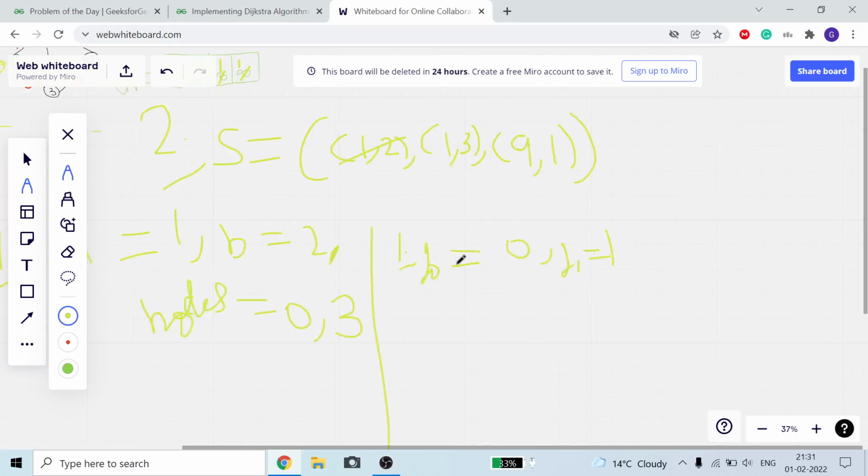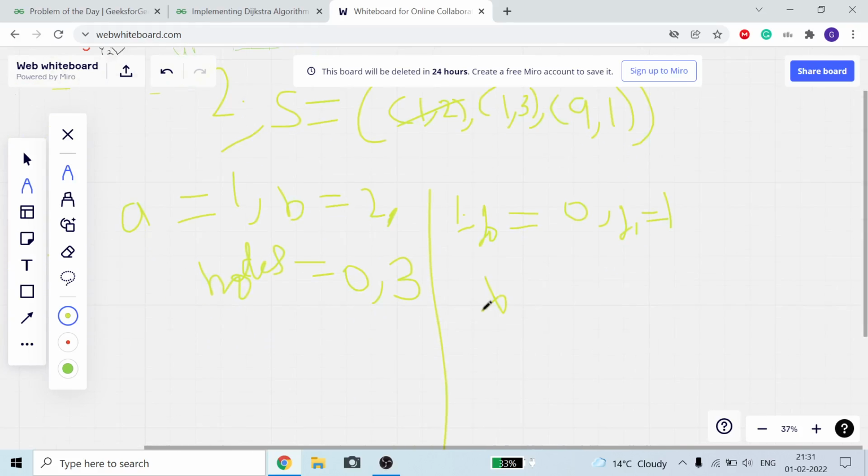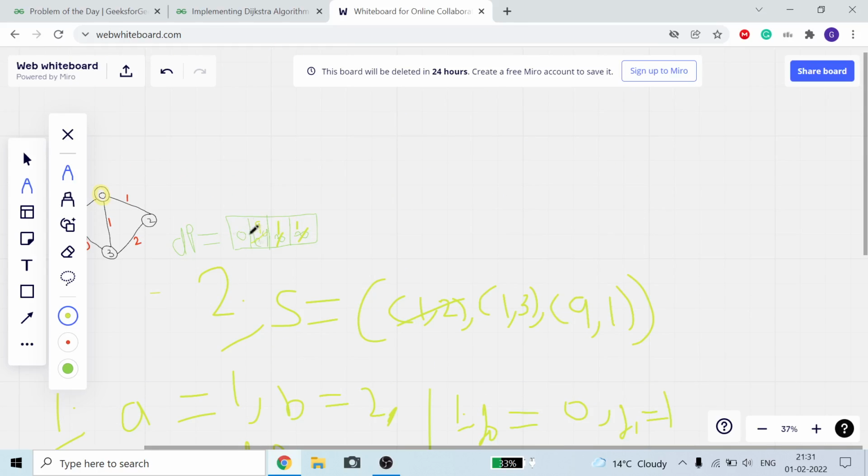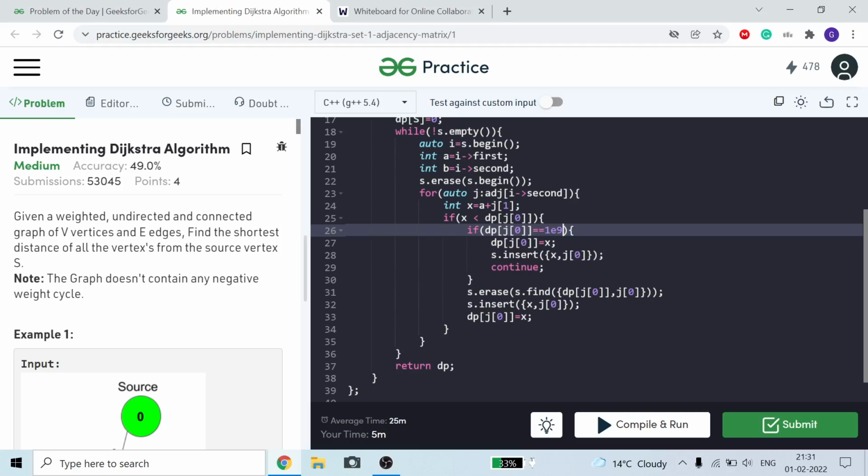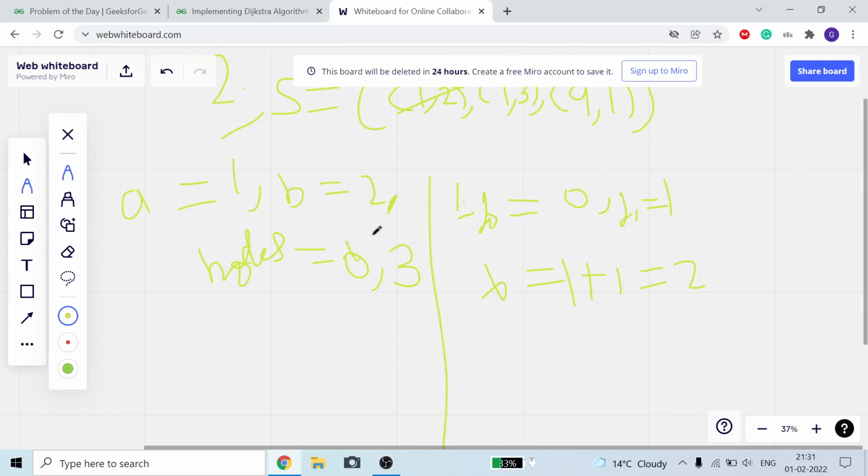Now our x is equal to 1 plus a, which is 1 plus 1, equal to 2. But our dp0 is equal to 0, so our if condition will be false. Okay, and we just continue our loop.